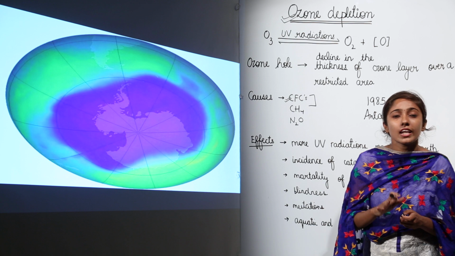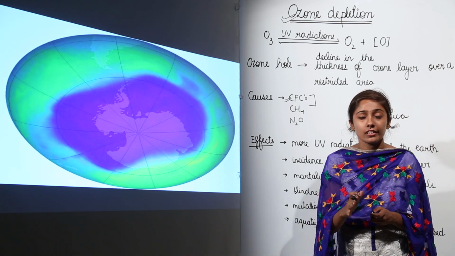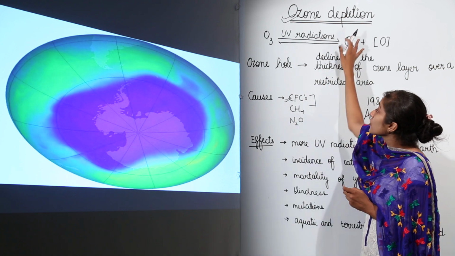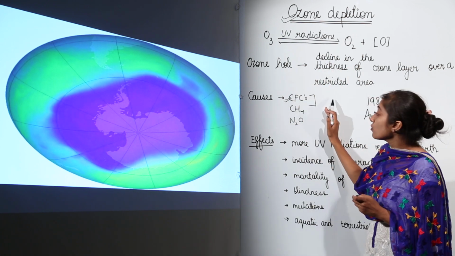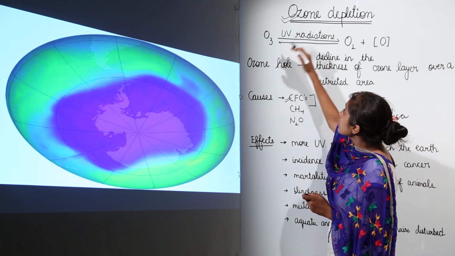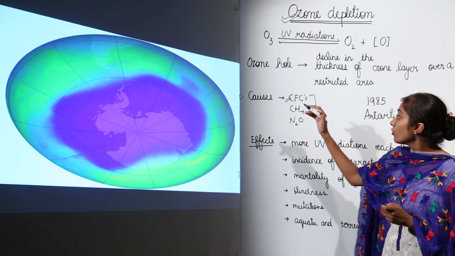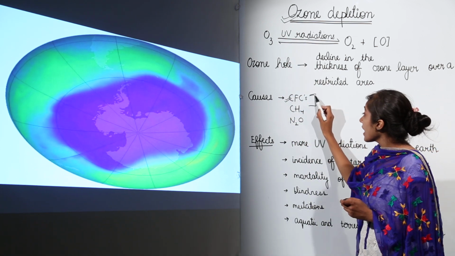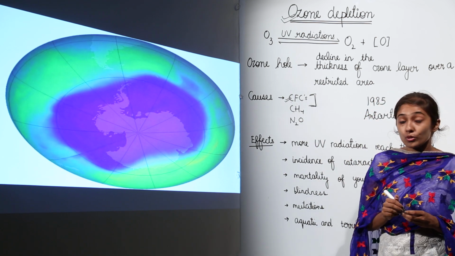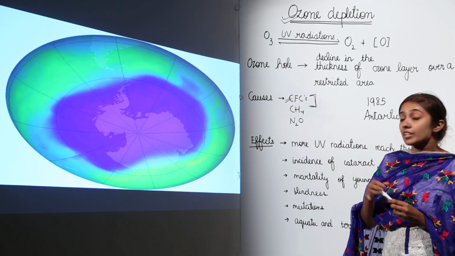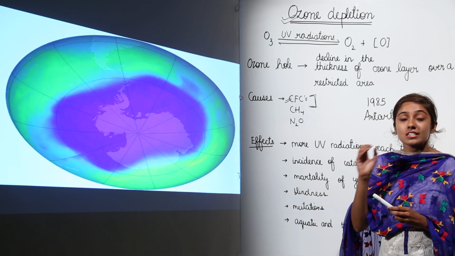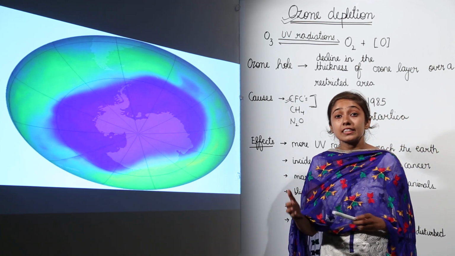Human activities are the major factors responsible for the thinness of the ozone layer, that is ozone depletion or ozone hole. So we need to think over how we can reduce this ozone depletion. The main causative agent is chlorofluorocarbons, which are used as coolants. If the ozone layer is depleted, there are going to be a lot of harmful effects that you will see in the future. So it's a major concern for the environmentalists and for all of us.